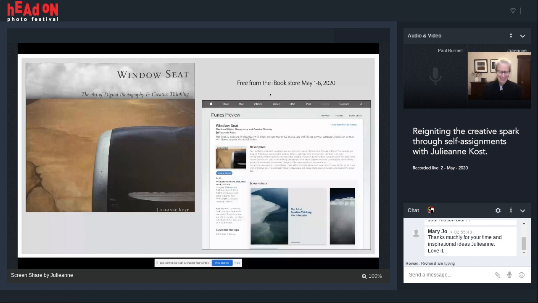So I'm going to jump down. A bunch of the questions were about the technology and camera gear. A number of them were about shooting in the plane, through windows. First of all, how do you get a better shot through a window? And then how do you process that? Just quickly on that.